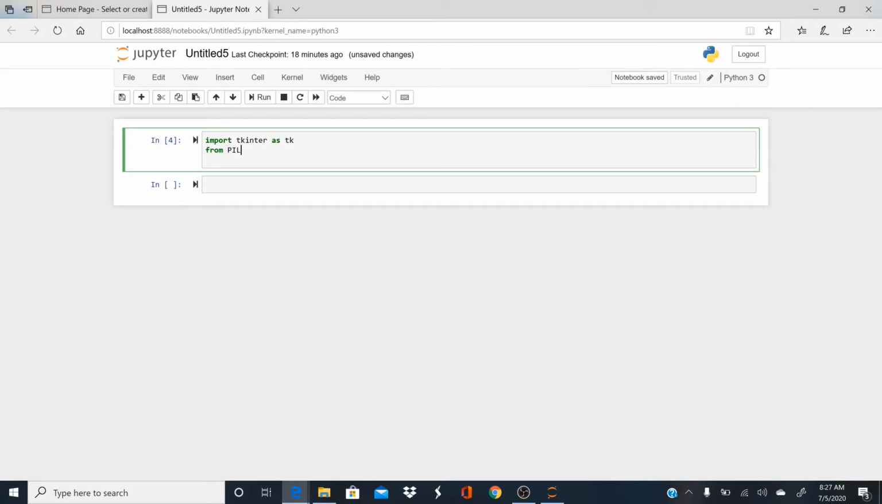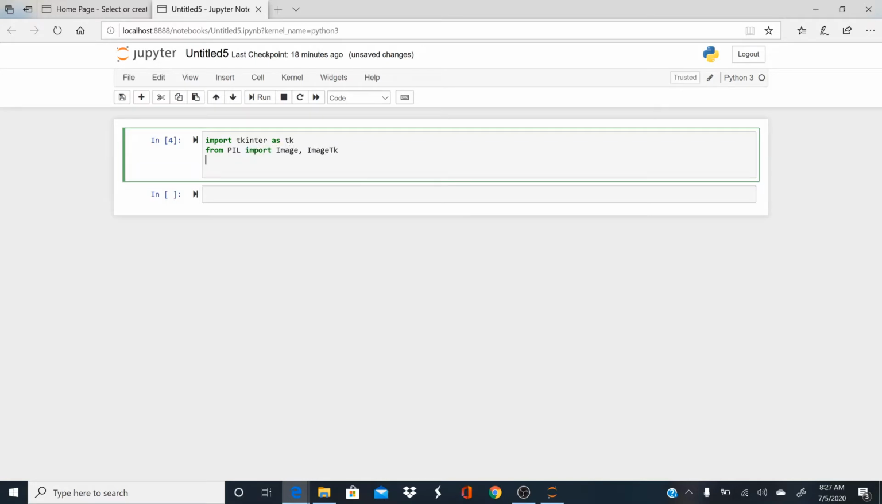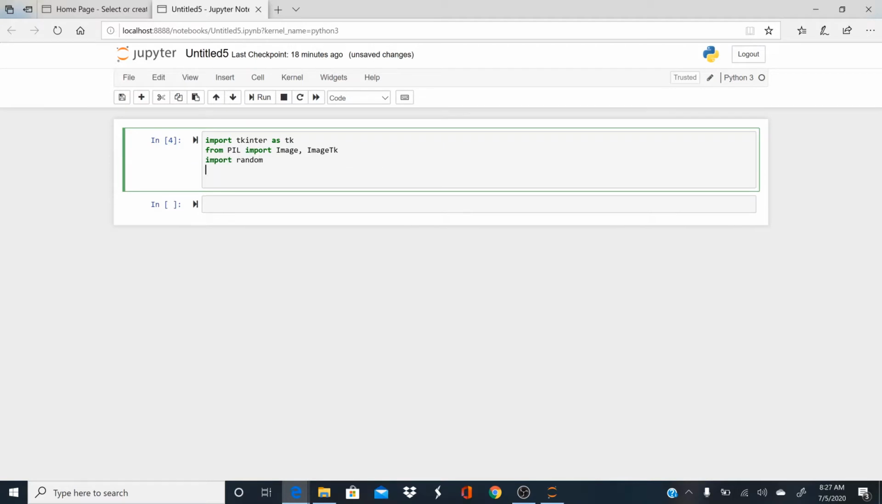Then we will use the Python Imaging Library, and from that we will import Image and ImageTk. We will also use the random module in this program, and we will also use glob. This module is going to allow us to traverse through a file directory and bring out all of the files inside of it,